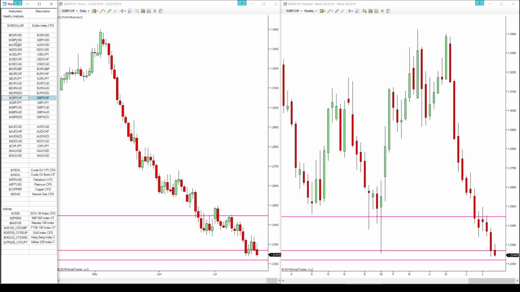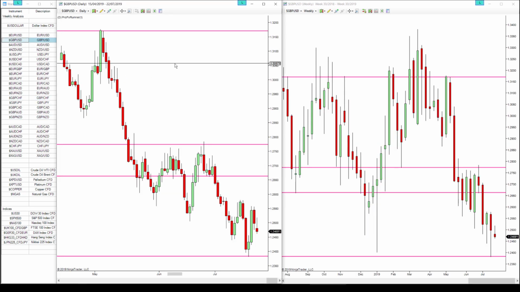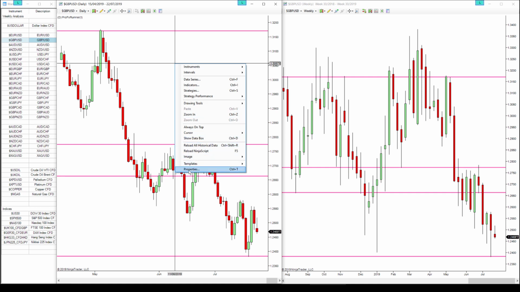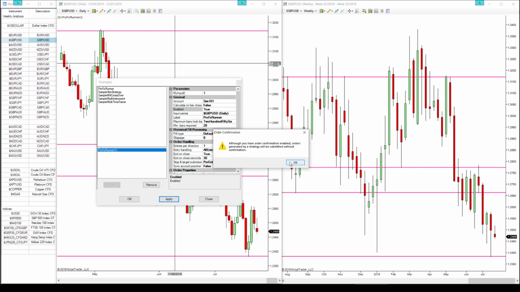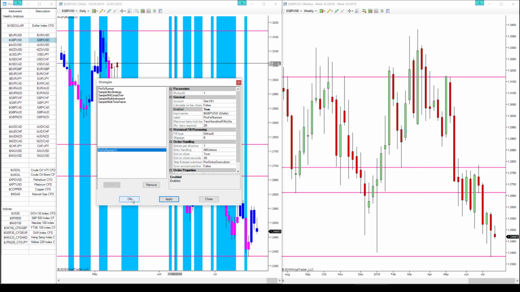So what I'm going to do here is just go back to GBP. I'll also look at sterling, so let's look at cable, and then what I'm going to do is just activate that strategy so we can see how the strategy then responds to that. So just going to select that strategy and then double click this and apply it, bring it onto the charts, and just have a look at how the system is viewing that.